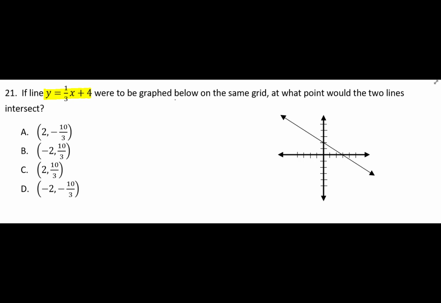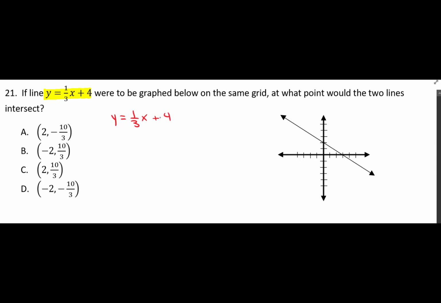Since we don't have an equation for the second line that is already graphed, and we don't have a way to measure accurately to see where the two lines would actually intersect, the only thing we have to focus on is going to be the signs of the numbers, because all the numbers are basically the same. The only difference is some have negatives, some have positives, so that's going to determine in which quadrant they're going to lie in. So what we're going to do is we're going to graph this equation, y is equal to